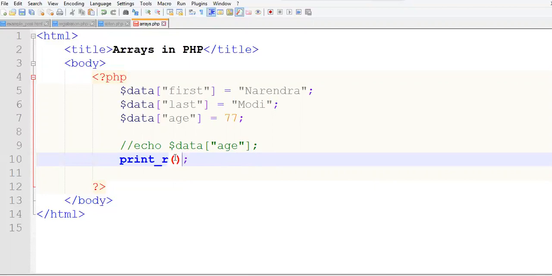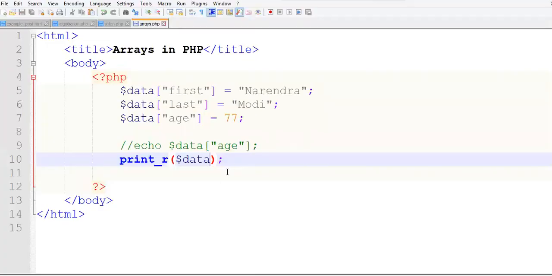In this function we just have to give the name of the array that is to be displayed. So now here you can see on the screen the name and value pairs are getting displayed. Narendra Modi and 77 are our values, whereas first, last, and age are our names that have been specified.